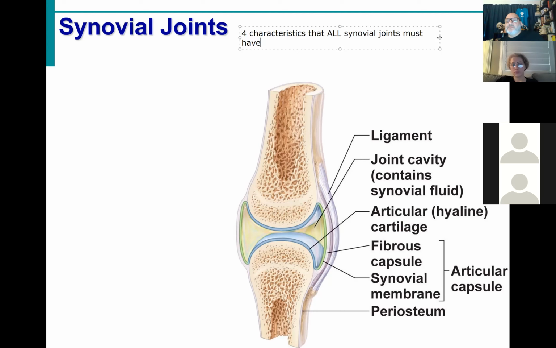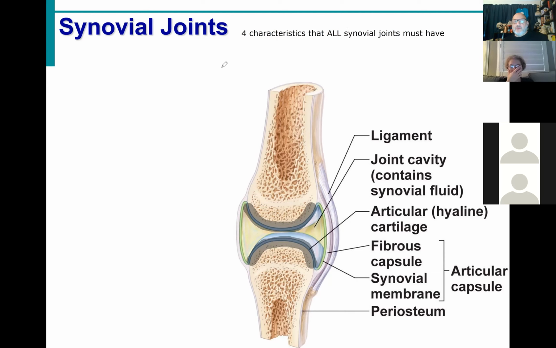Notice the first is something that we have already talked about, and I know you guys mentioned it in the last class as well. Notice at the end of the bones, we have that hyaline cartilage. If this is going to be a free moving joint, we don't want these bones damaging each other. And since we don't want them damaging each other, we need to provide some protection on the ends of the bone. And so one of the important characteristics that all synovial joints must have is what we call the articular cartilage, right? Again, that's basically a location name,